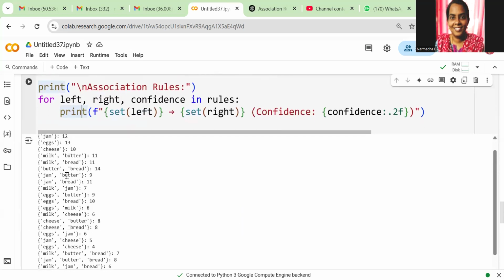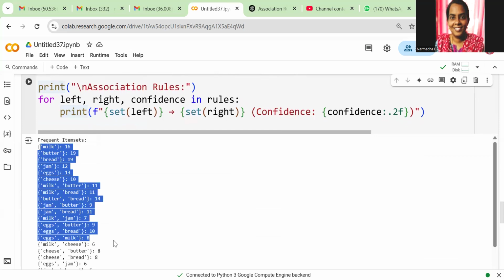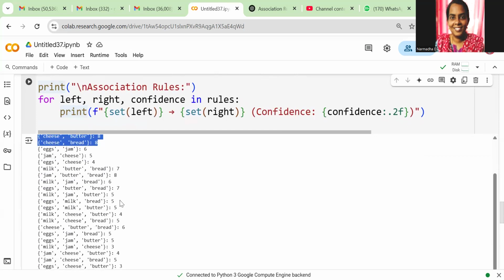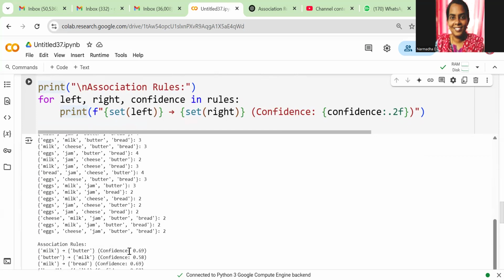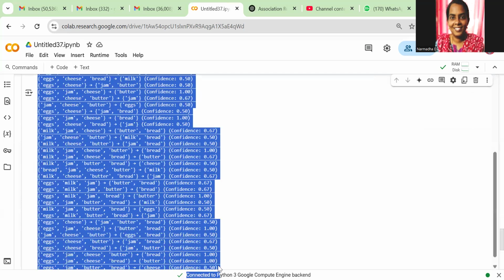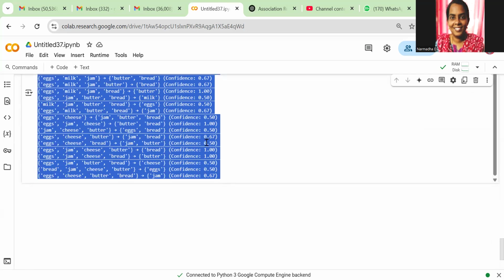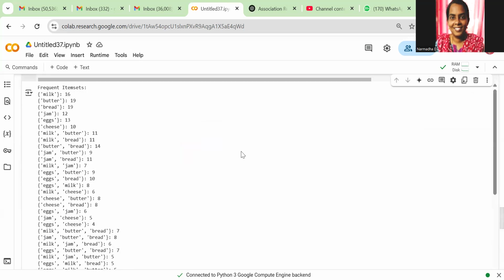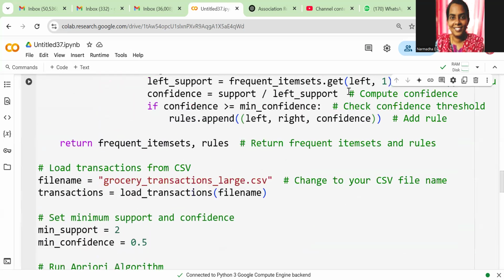These are all the frequent item sets that are generated, and these are all the rules. These are the association rules satisfying the condition of confidence greater than or equal to 0.50. So with that, your implementation of this association rule mining is